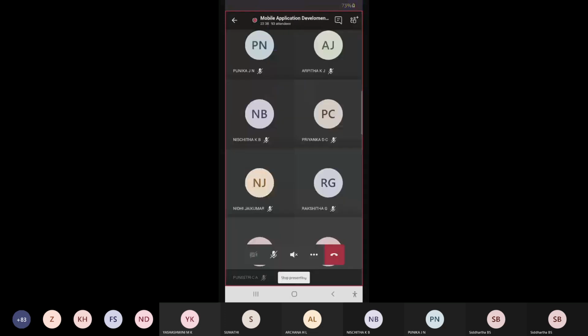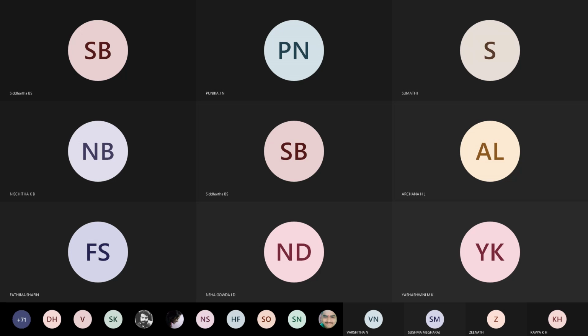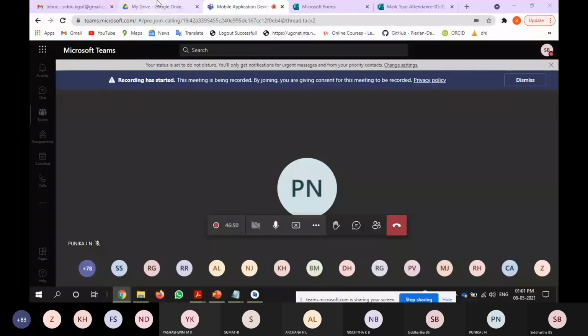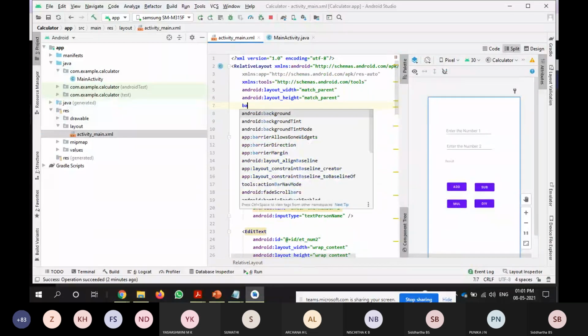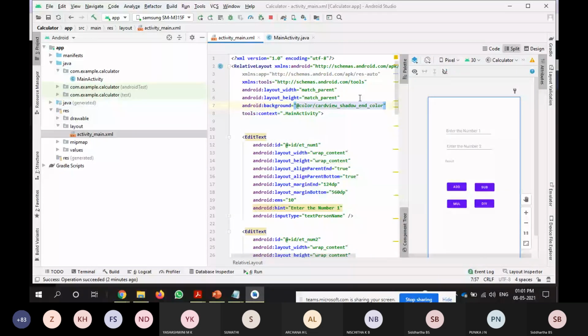So once you're done with the logic, then you can go for changing the view layout. Okay, so now we will see how to change the background and how to give a background for buttons or your ID. So now I will give android:background. I will go with, okay, there is no change. This is the default, I think. So I delete it.